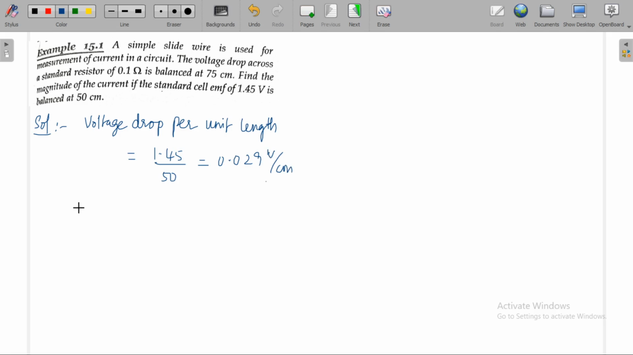Now, what will be the voltage across 75 centimeters length? The voltage drop across a standard resistor of 0.1 ohms is balanced at 75 centimeters. If I find the voltage drop across this 75 centimeters length of wire, then we can find the current which is flowing through this standard resistor. So voltage drop across 75 centimeters length of wire